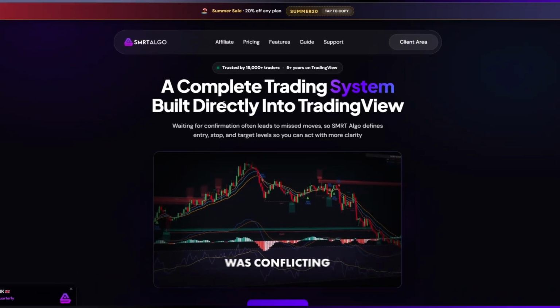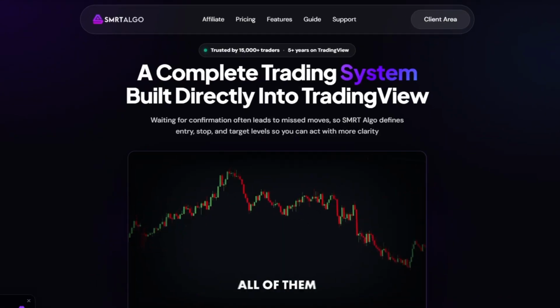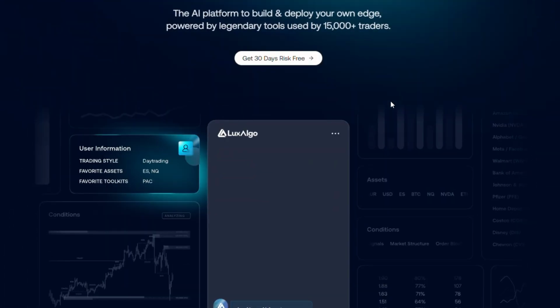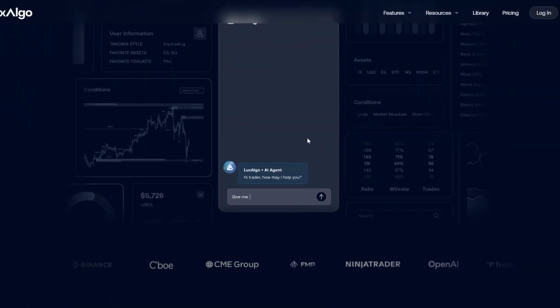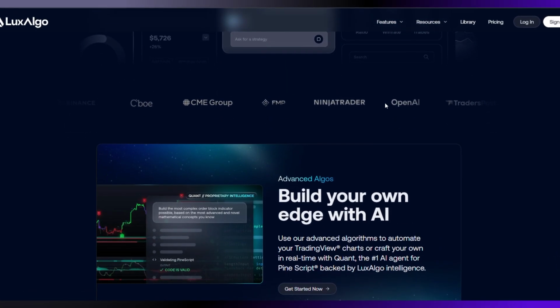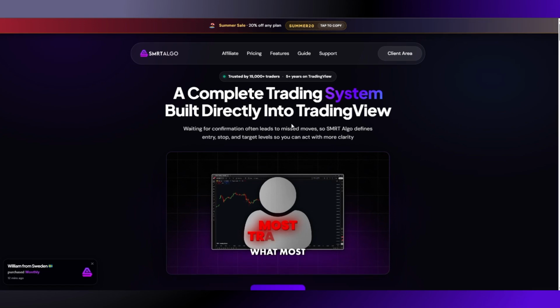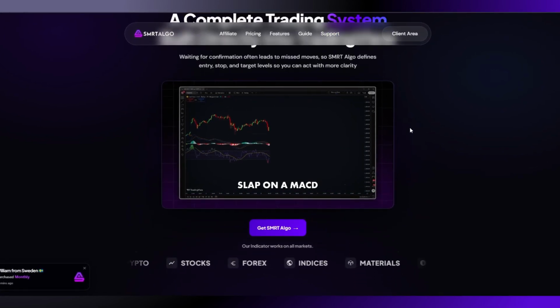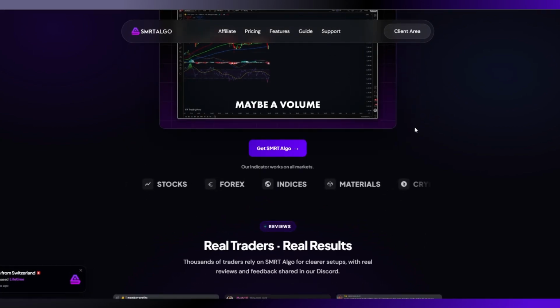If you're choosing between SMRT Algo and LuxAlgo, this isn't just trading indicator versus trading indicator. It's smart money concepts focus versus full trading ecosystem. So which trading tool is actually better? Let's break it down. SMRT Algo focuses heavily on smart money concepts, including market structure, liquidity zones, order blocks, and